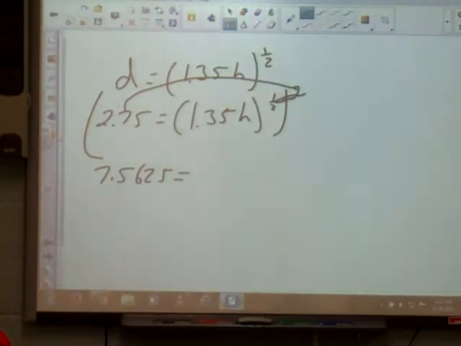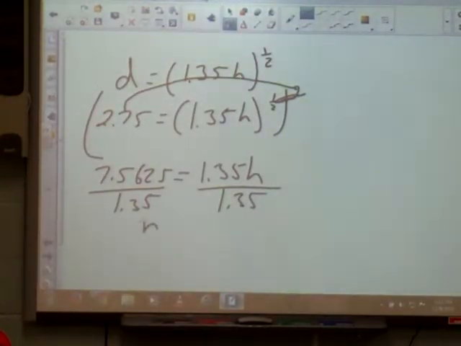And like David said, when I square this 1/2, that's 1. So it just cancels out. So it's equal to 1.35h. Now I'm trying to solve for h, so I divide by 1.35. And it tells me on this one to round to the nearest hundredth. That rounded to